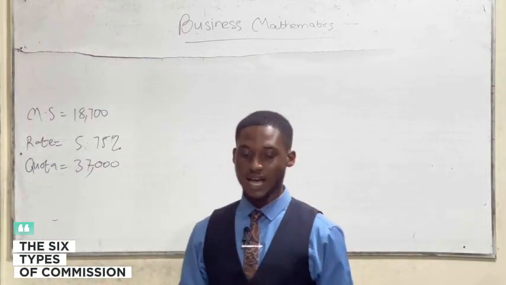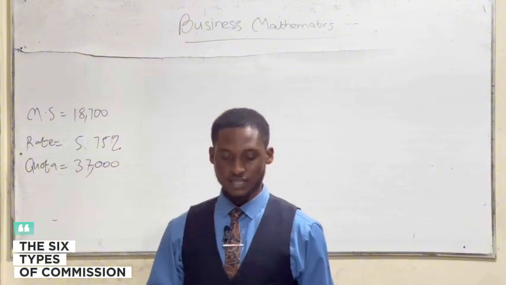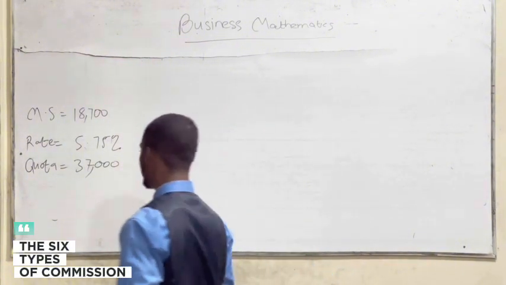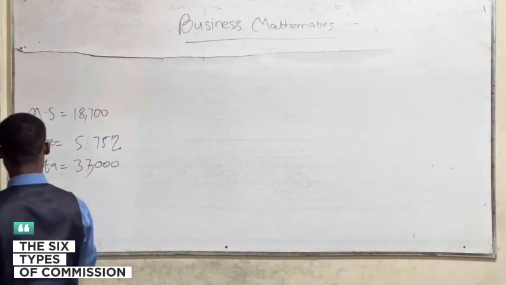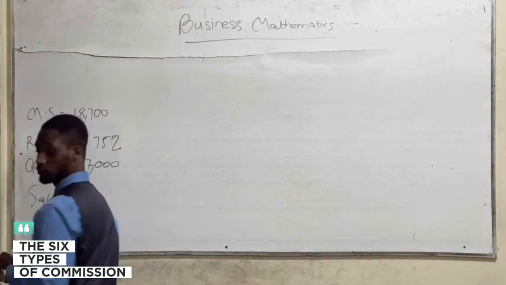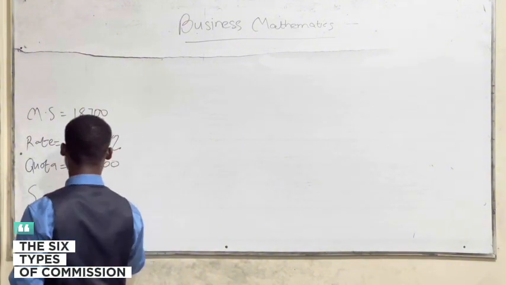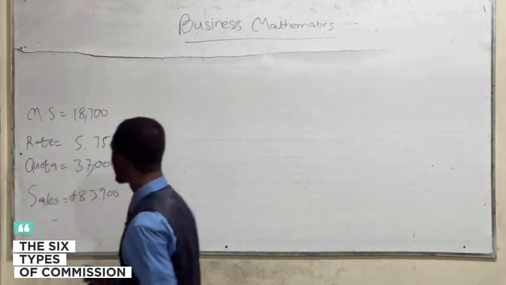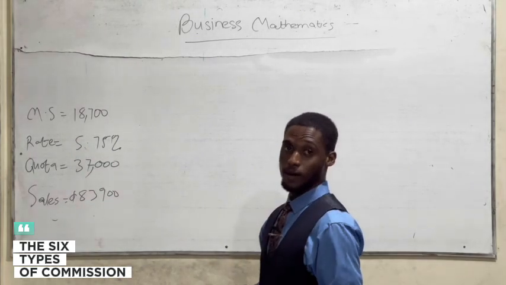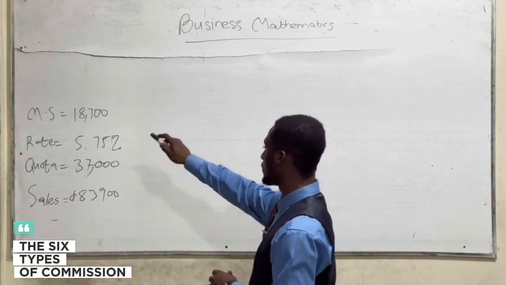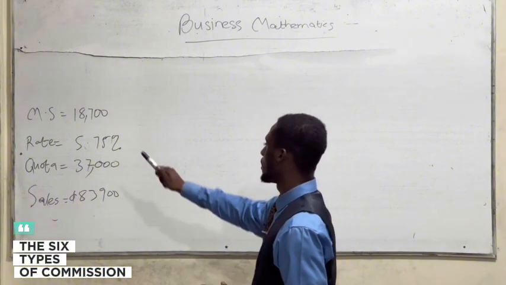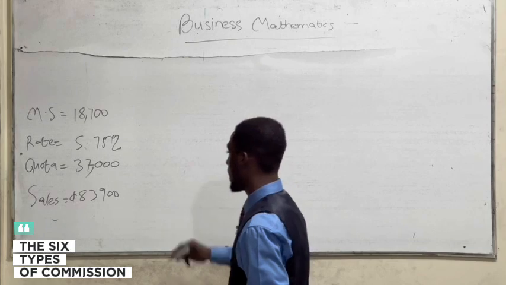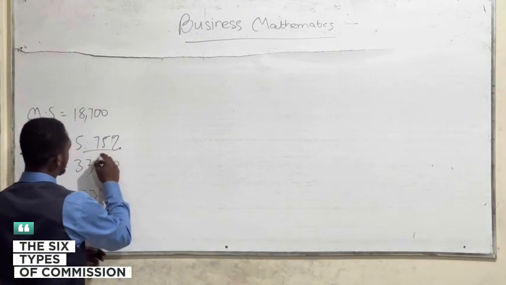Last month, he had total sales of 83,900. How much was his total earnings? So now we have our data. That's the monthly salary, which is 18,700. Our rate, which is 5.75. So you divide this